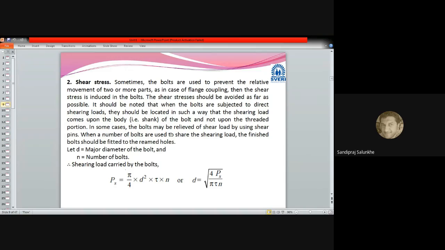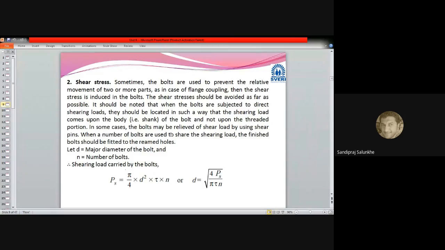chart. Now next, if the bolt is undergoing shear, then in that case, how can we calculate the size of that bolt? Now, sometimes bolts are used to prevent the relative movement of two parts. That is nothing but sometimes we use bolted joints for connecting two parts which are